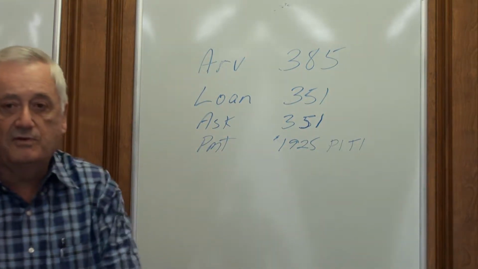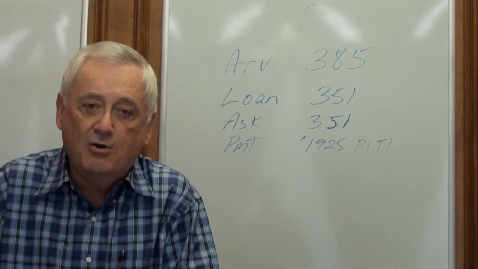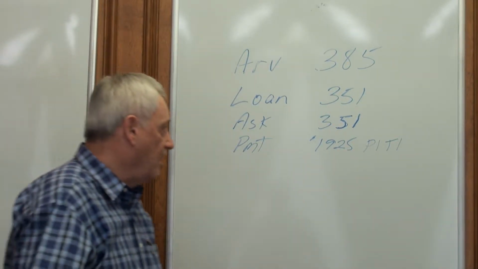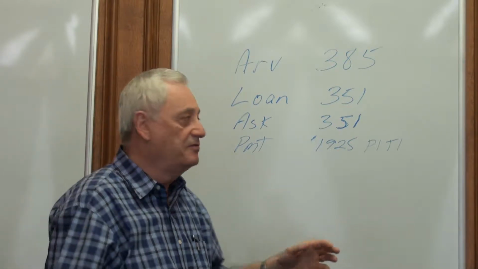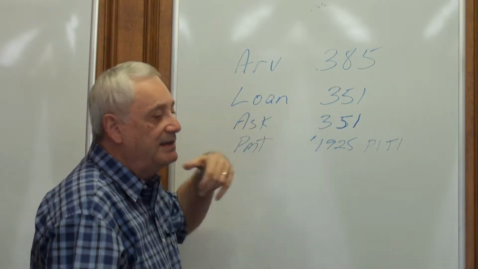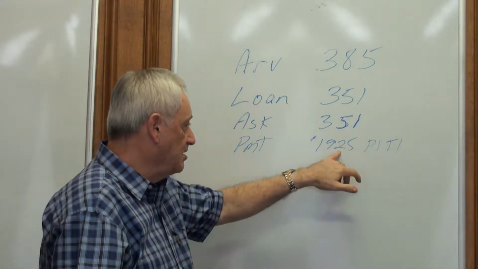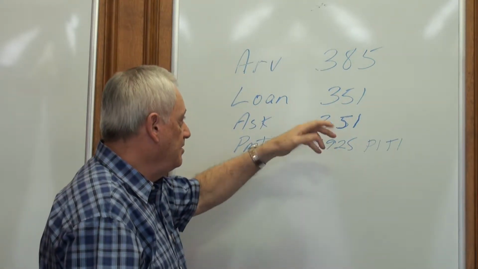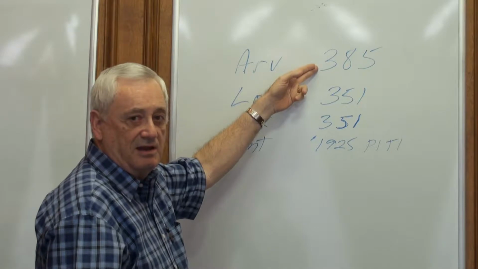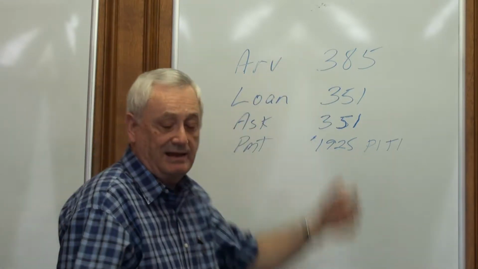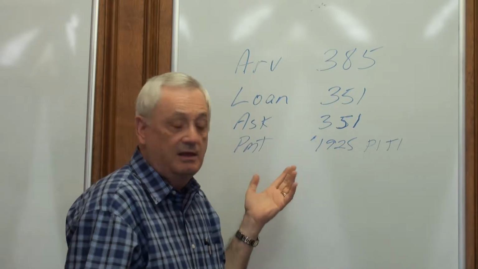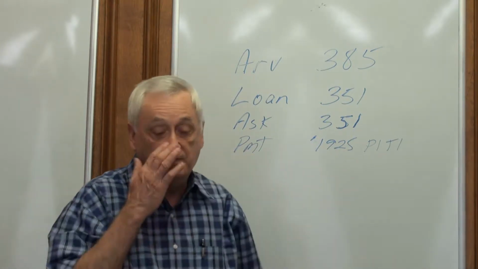Now when I asked the guy, will you sell the house for what you owe on it? Of course he said yes, right off. In fact, he pretty much told us that before we even got well into the conversation on the phone. Because you see, he had to leave town, and this was his goal, get rid of that payment. He knew even if the realtor sold it, he wasn't going to get much out of the sale, and that's assuming they sold it for full price. By the time they paid the commission out of that and closing costs, there's nothing left anyway, hardly. So his whole goal, get the payment off of his back.